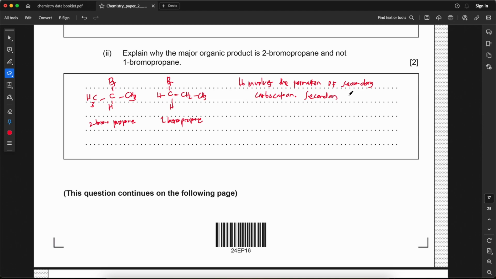Secondary carbocation is more stable than primary